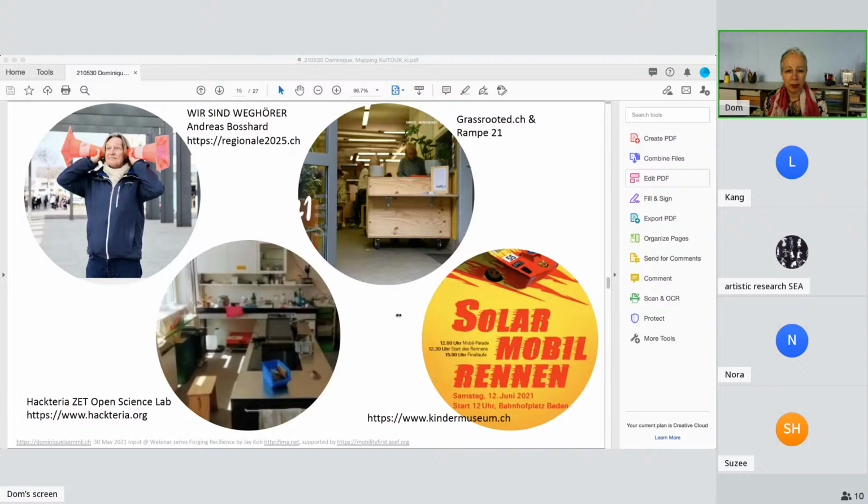We have on the bottom the Swiss Children Museum. They send out solar technology kits every year to families who then build their own cars and organize a car race. So this is making aware of energy production and a sustainable future.